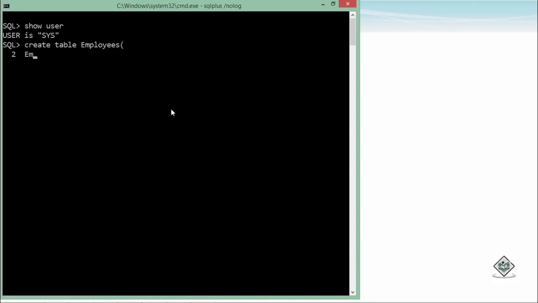So first of all I will have to pass a column name. So the column name is, let's say, emp id. Alright, and here I'll pass the data type such as number. So it is the employee ID which will only take a numeric value by the time we start entering the data. Now separating it with a comma, you can pass another column name, let's say first name, and here